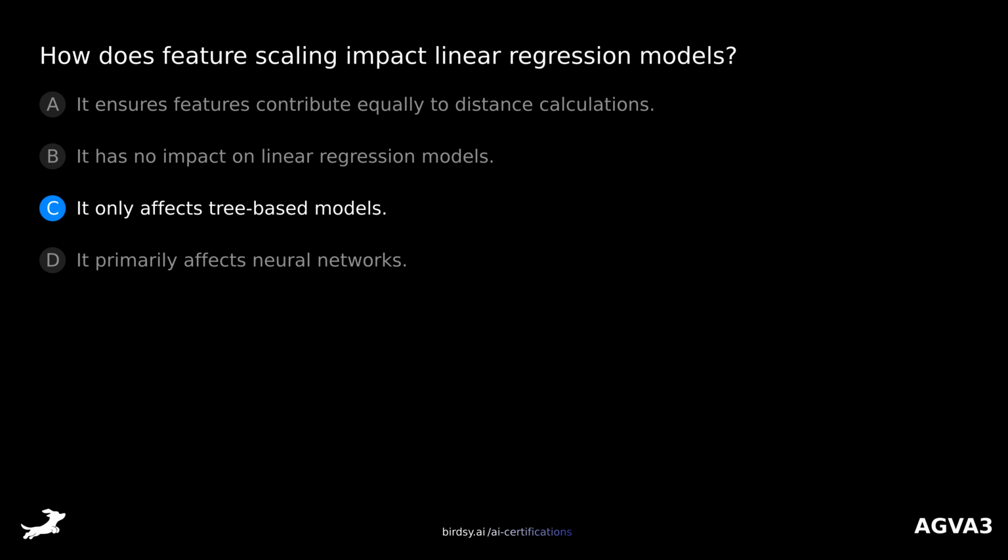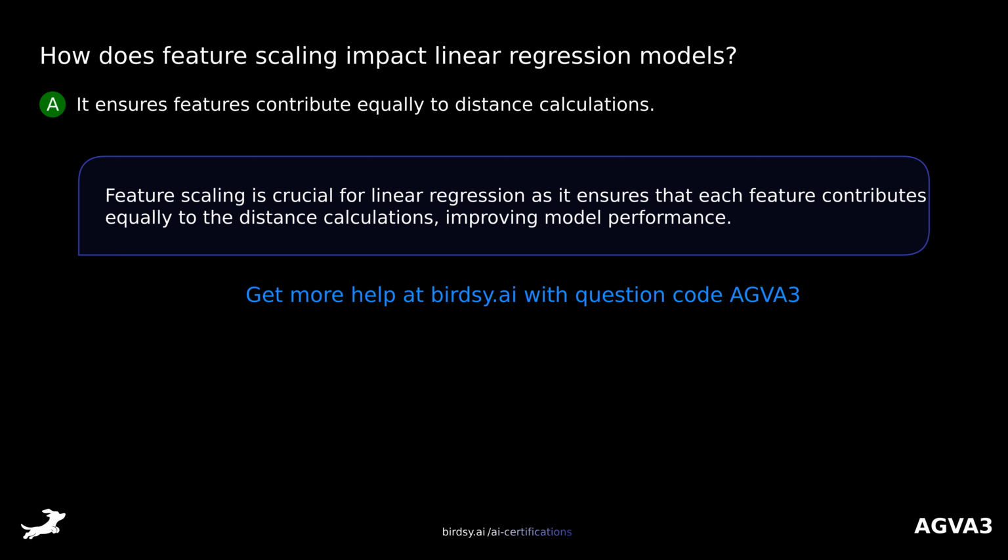C, it only affects tree-based models? Or D, it primarily affects neural networks? The answer is A, it ensures features contribute equally to distance calculations. Feature scaling is crucial for linear regression as it ensures that each feature contributes equally to the distance calculations, improving